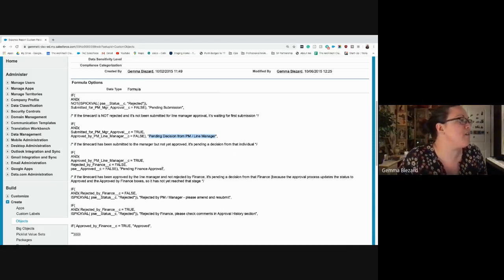So this one reflects finance approval. If it's been approved by a line manager, but it hasn't been rejected by finance, then it basically means that record has been sent off to finance to be checked, to make sure all the receipts and the documentation are all there and appropriate. So as you can see, I made this quite a few years ago, but the idea behind it is just